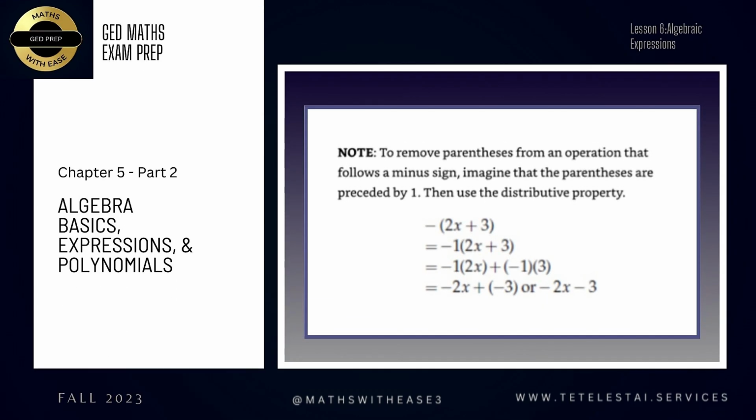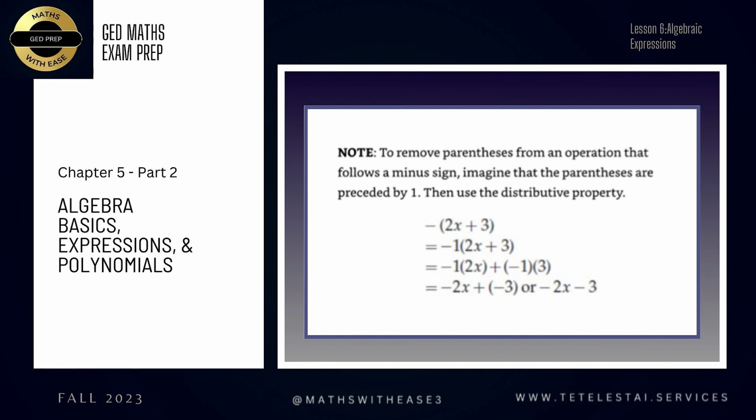So note, to remove parentheses from an operation that follows a negative sign, imagine that the parentheses are preceded by a -1, and then you would use a distributive property. And this is what I was trying to tell you, I think maybe it was 2 or 3 lessons ago. And obviously it would have been confusing to you then because you didn't know this information. But hopefully this makes it clearer now, that anytime you see a negative sign in front of parentheses, you know